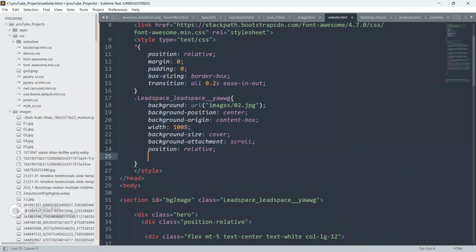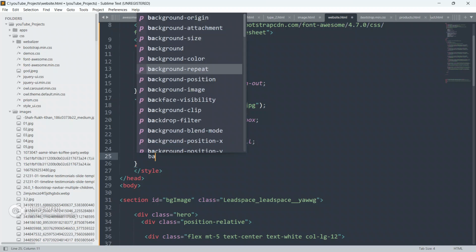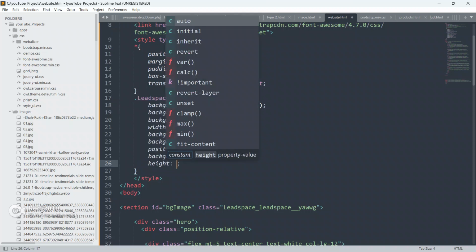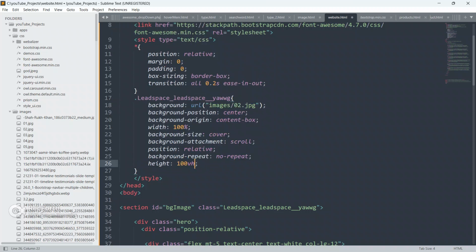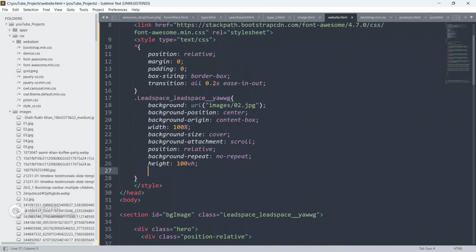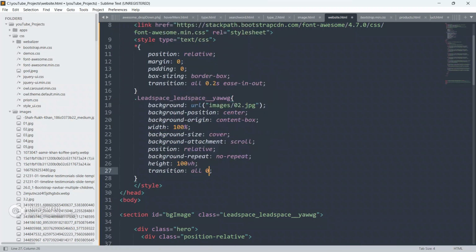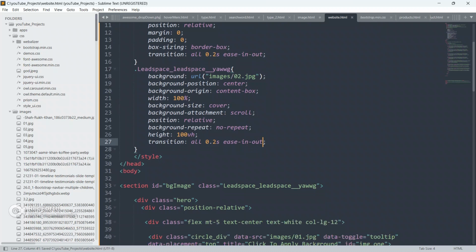Give position as relative, give background repeat as no-repeat, give height as 100vh, and give transition all 0.2 seconds ease-in-out.